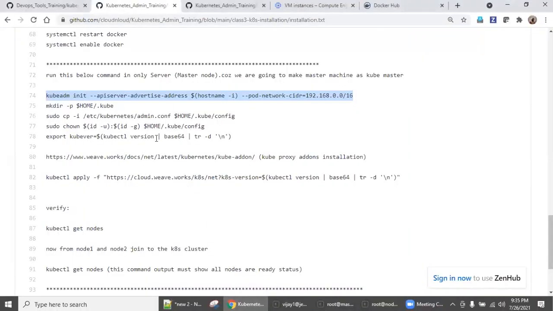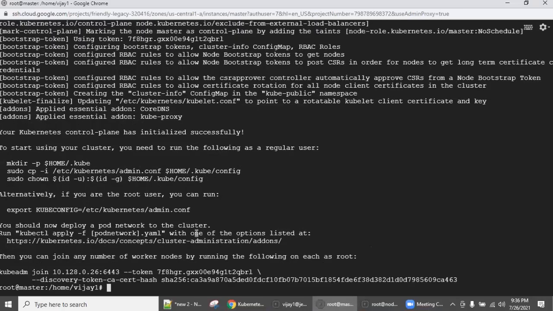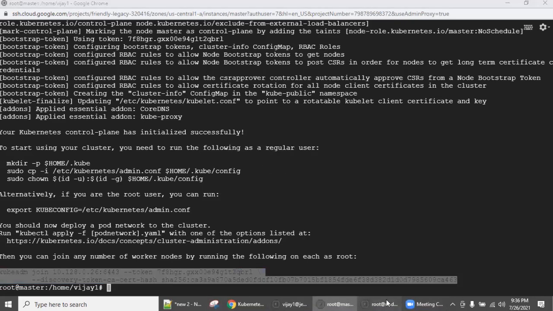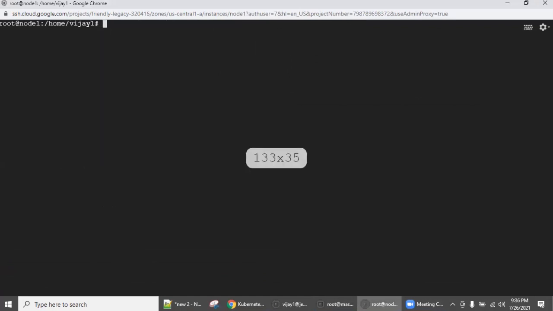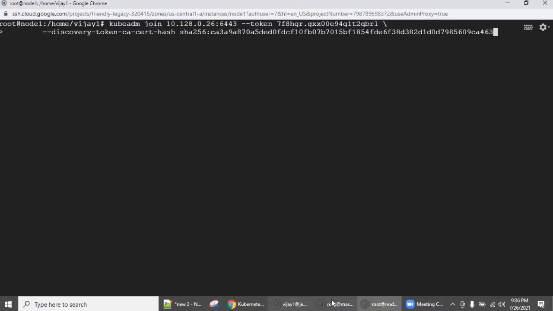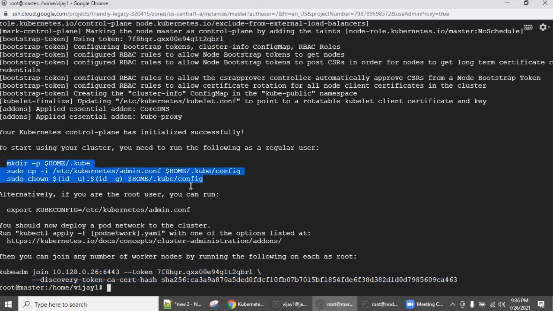So after that, we need to configure these three. Basically, we need to copy the admin.conf, which is getting created as part of this creation, to the home directory as a config file, right? So if you copy, that means from the current login, you can start executing the kubectl administrator commands. Yes, it's completed. So better you copy this command and put it in node 1, but don't enter. Don't enter, put it, wait for it. And first you need to run the config file commands.